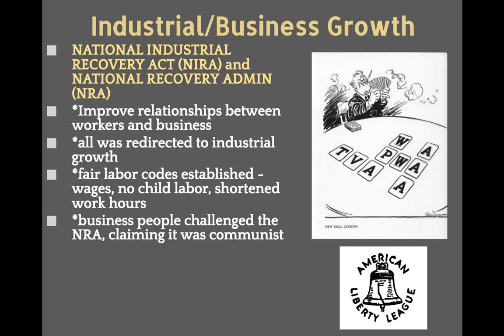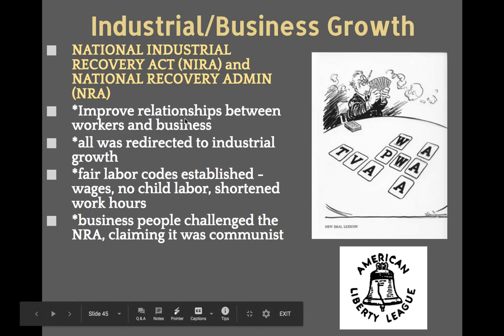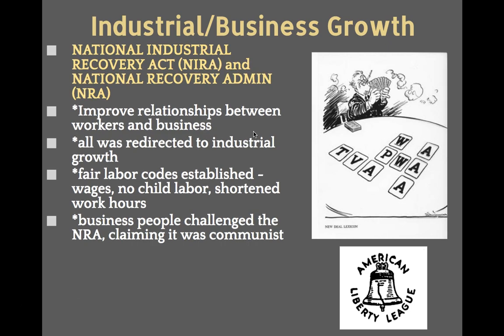All right, we grouped these two together, the National Industrial Recovery Act and the National Recovery Administration. This is very similar to what we saw during World War I when we asked factories and industries to work together, and we had the labor board working together to make sure people didn't go on strike because we wanted things to be produced quickly for the war effort. This is very similar to that. These two acts are basically covering industry, and they want to improve business relationships. Again, this idea was to promote industrial growth, get things producing again, get people back in jobs.